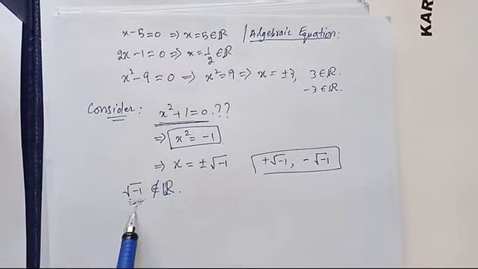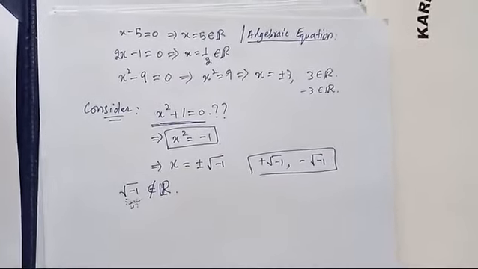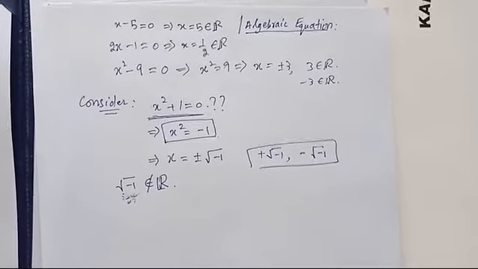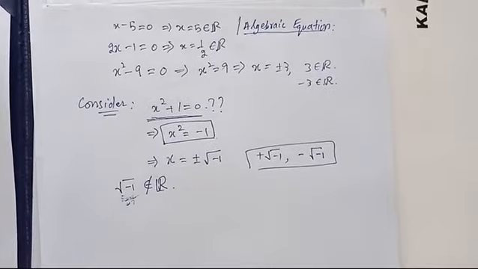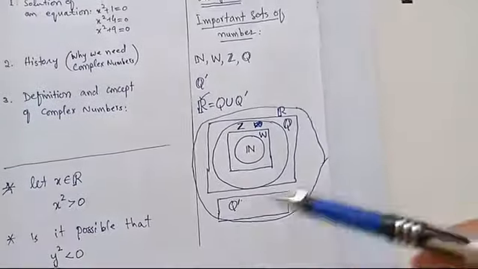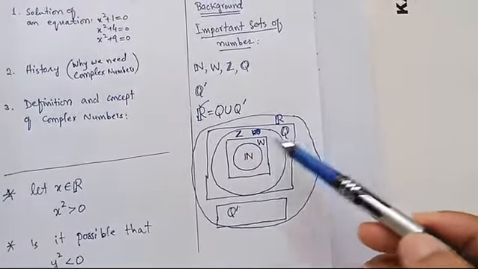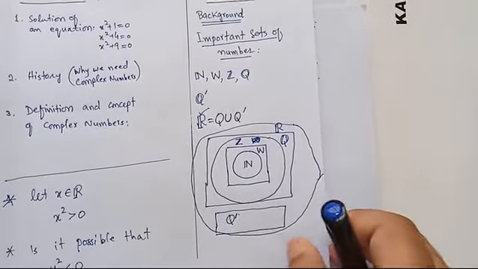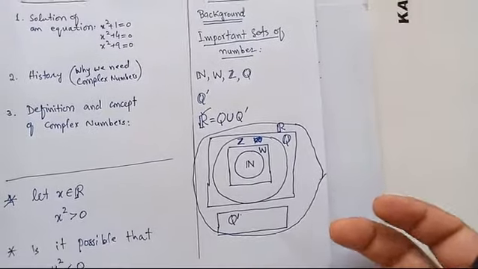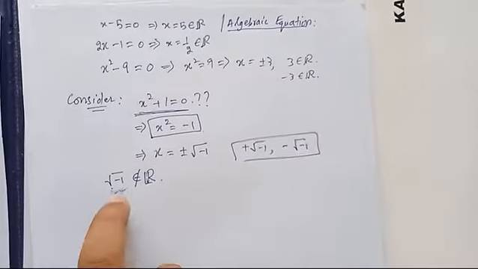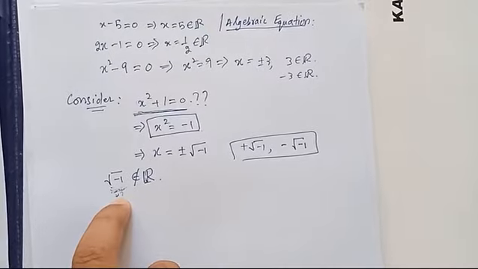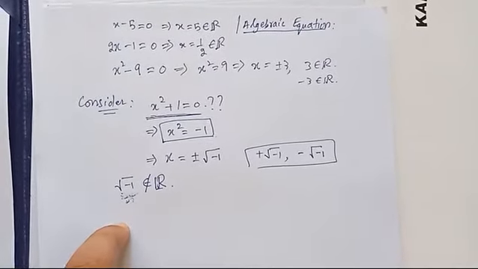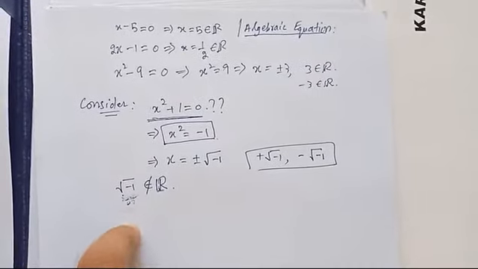This contains square root of minus 1. Now in which set does this square root of minus 1 belong? This is not a real number. So if this is not a real number, it means that this number is not rational, irrational, natural, whole, or integer. Up to now we know different number sets, and this square root of minus 1 doesn't belong to any of them. So in which set does this square root of minus 1 belong? This is the question that arises.